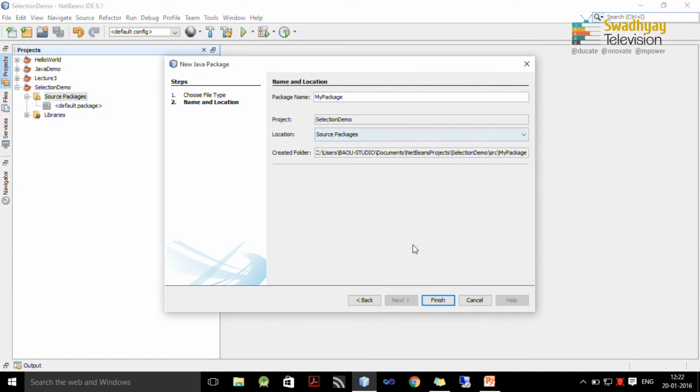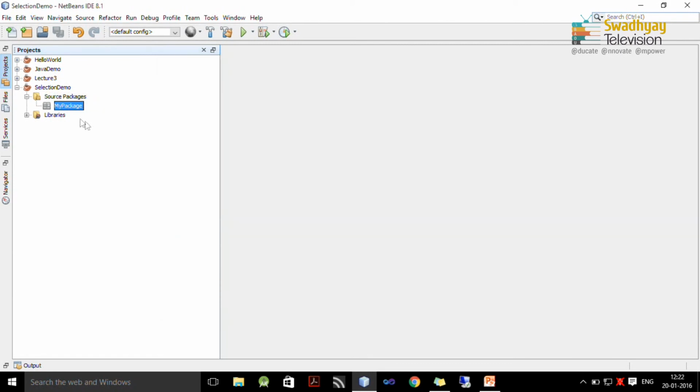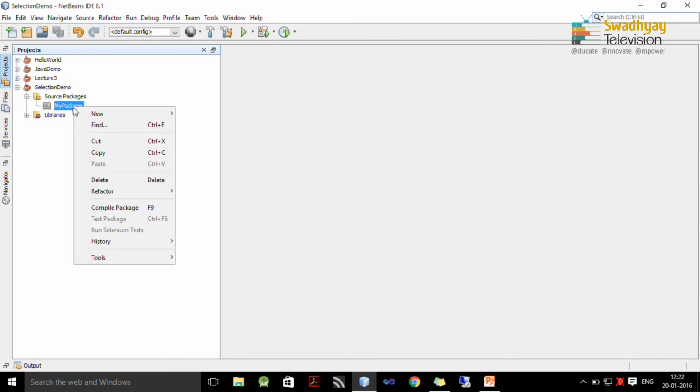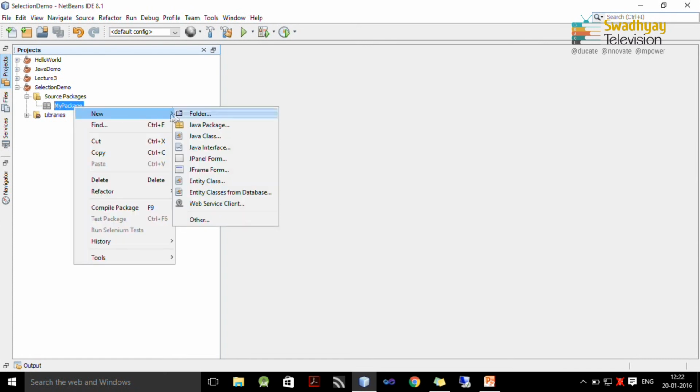Here I am pressing finish. So, one package with the name mypackage is created, and we are going to write our classes inside this package.